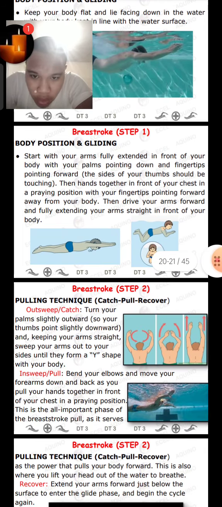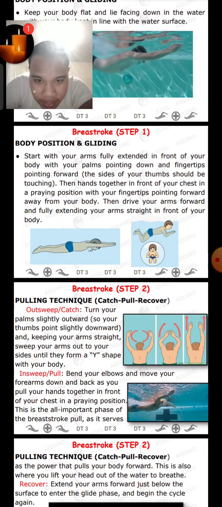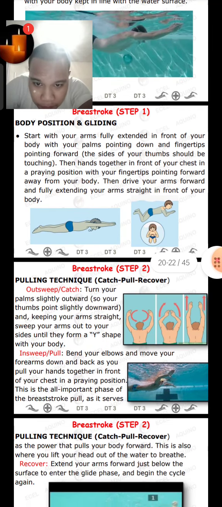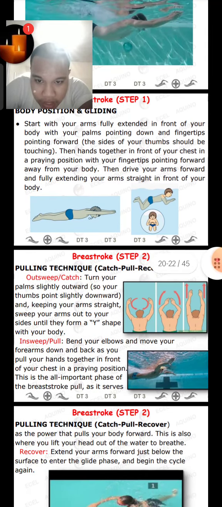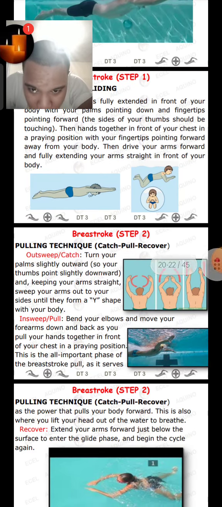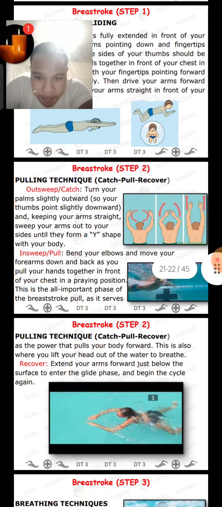Step 2. Pulling technique, or the catch, pull, recover. Out sweep catch. Turn your palms slightly outward so your thumbs point slightly downward. Keeping your arms straight, sweep your arms out to your sides until they form a Y shape with your body. In sweep pull, bend your elbows and move your forearms down and back, and pull your arms together in front of your chest in the praying position. This is the all important piece of the breaststroke pull, as it serves